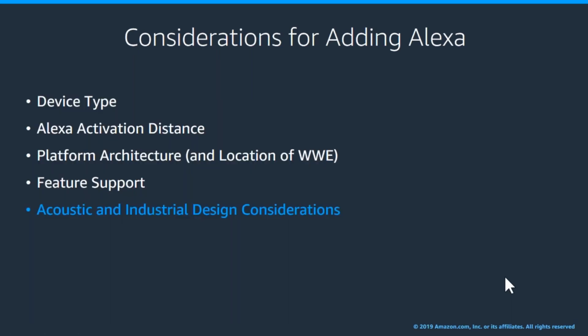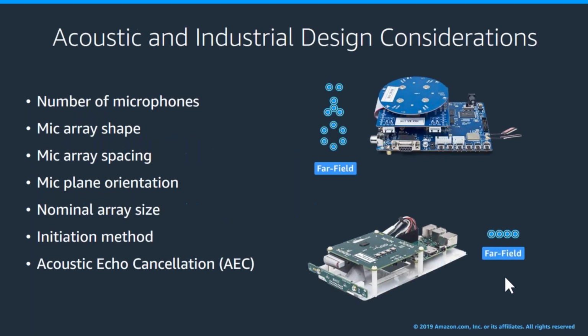There's also a host of acoustic and industrial design considerations, which in some cases may be the first choices that you're considering for a dev kit. And so there's a list of many of these considerations listed. They're mostly self-explanatory, so I'll run through them quickly. There's the number of microphones and the shape. You'll see this shown on our dev kit portal, where there's an indicator of the number of microphones and the